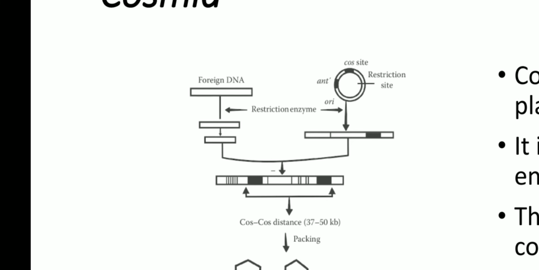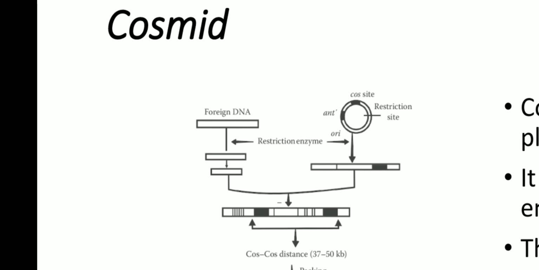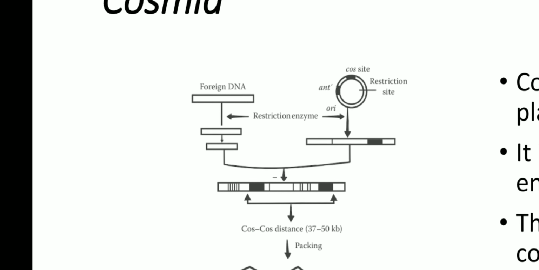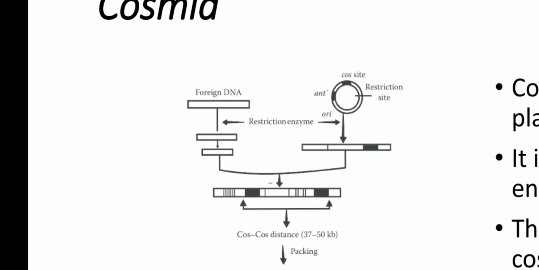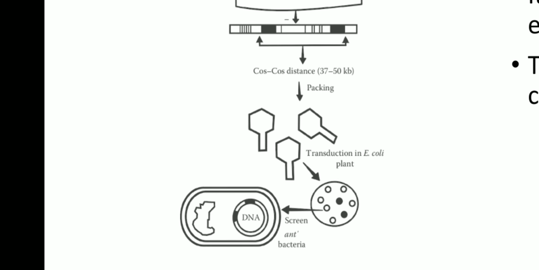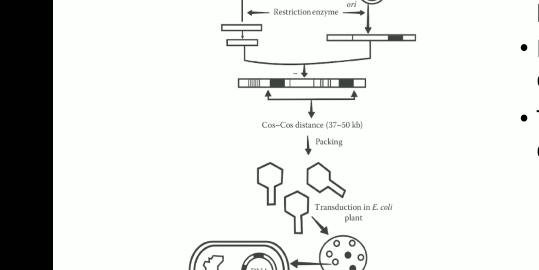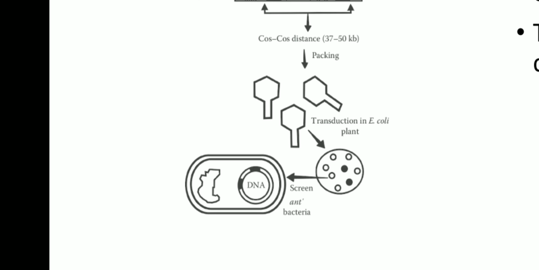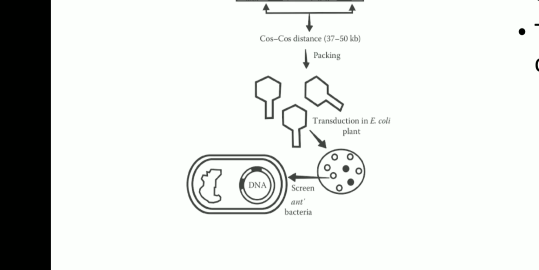So why is it called cosmid? It is the combination of plasmid and bacteriophage. Like a plasmid, it takes the foreign DNA and transfers it into the plasmid vector, then forms a recombinant product. Then, like bacteriophage packaging, using the bacteriophage, this recombinant product is transferred into the host cell for production of the product.